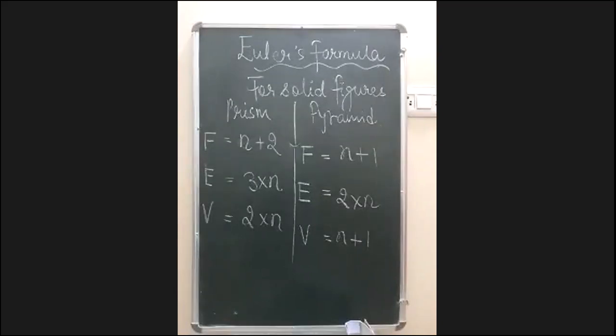Should we move ahead? जितने भी हम लोगों ने अभी यहाँ पर लिखा है, somewhere n plus 2, somewhere 3 into n, somewhere 2 into n, somewhere n plus 1, what is this n about? So remember, कभी भी अगर आपको एग्जाम में या कहीं पर भी आपसे पूछा जाता है that how many faces, how many vertices or how many edges does a triangular prism have, और ट्रायंगुलर पिरामिड लिखा हुआ हो, ठीक है,